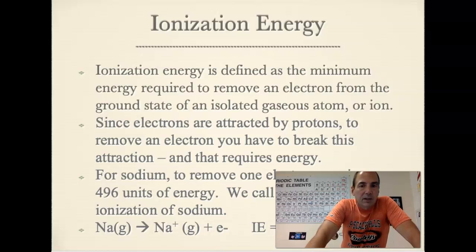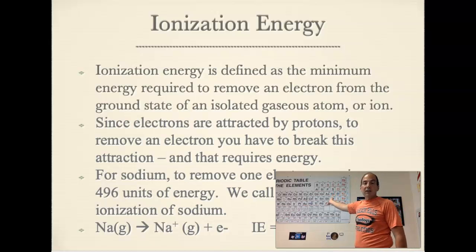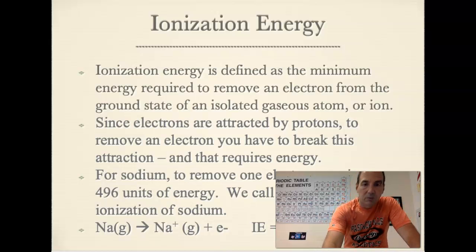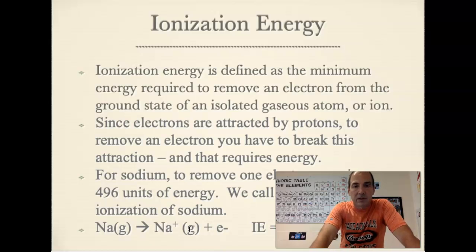What we're saying though is that technically when they measure ionization energy, they make sure that the element is in its gas state. So even an element like lead, which is a pretty dense solid, they vaporize it and then check the ionization energy. So it's always in gas form, and that's why at the bottom of the page you see these little G's in parentheses. That's just saying gas. So we're again emphasizing that it's only done as gases. Even though elements aren't gases at room temperature, we can change the temperature, we can make them gases. There are multiple ways of going about that.